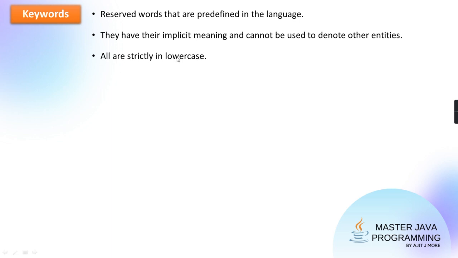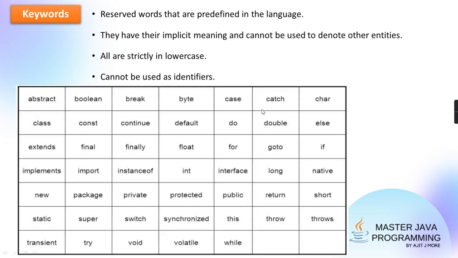All are strictly in lowercase. That is the speciality of Java, that each and every keyword is in lowercase. And these keywords you cannot use for identifiers, which I already told you at the time of identifiers: identifiers cannot be keywords. This set I have given. You can try to find out how many are there. In later versions, after Java 1.7, some more are added. But your course is recommending till 1.5. If you're learning, till 1.5 is also sufficient, they are saying.